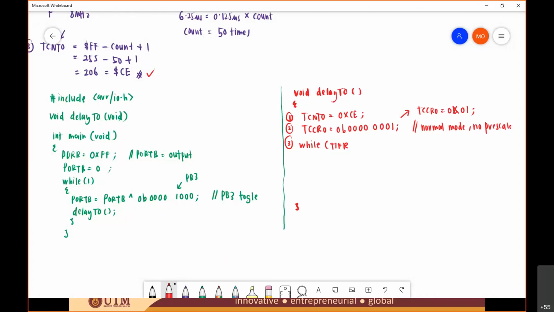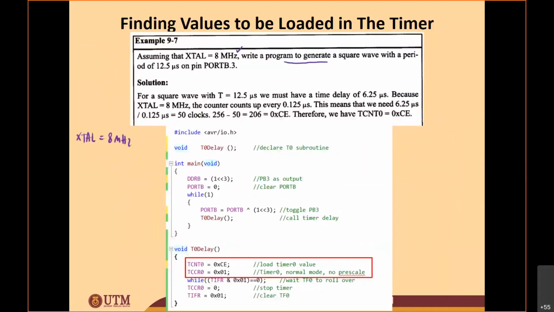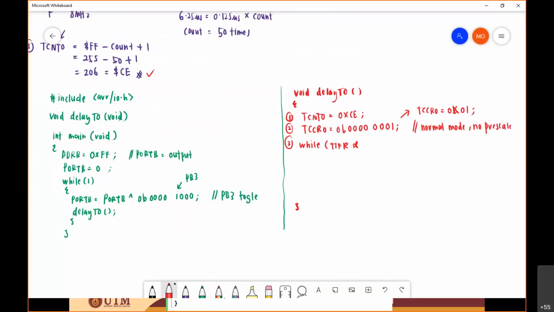Okay, while TIFR and with... Where were we? Okay, here. TIFR and with